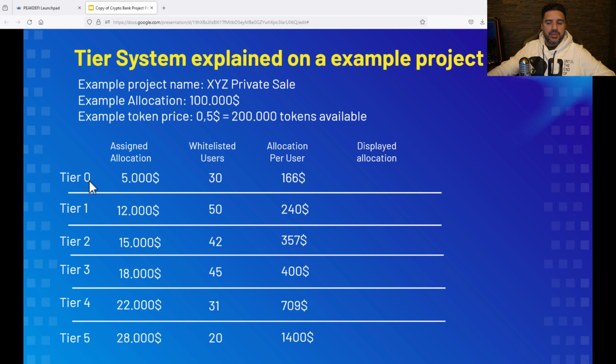So a tier level 0 investor would be able to invest $166, $240, $357, $400, $709, and $1,400. So you can see that the higher the tier level, the more that you can invest. But sometimes we show you a displayed allocation on the PEAKDEFI Launchpad, and this is usually a little bit higher